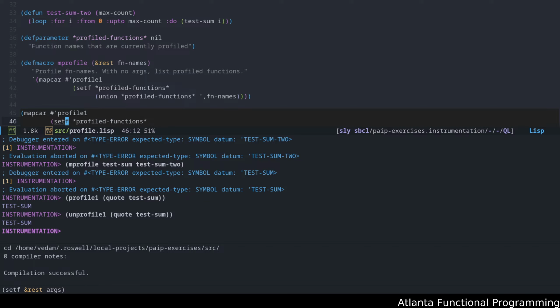Map car profile. Okay, so I'm just going to try this without the macro. Map car profile one, test sum and test sum 2.